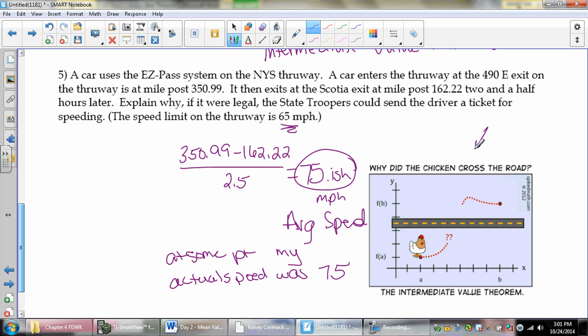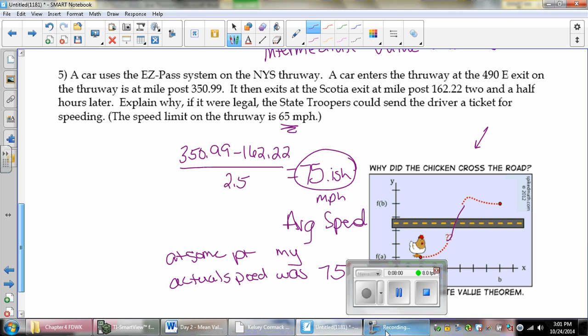Also, take a second to appreciate the joke. Why did the chicken cross the road? Because he's the intermediate value chicken, and he has to. If he started at f of a and gets to f of b, he's got to go whoop at some point in between. Wonderful. I hope you've enjoyed our little lesson here on the mean value theorem